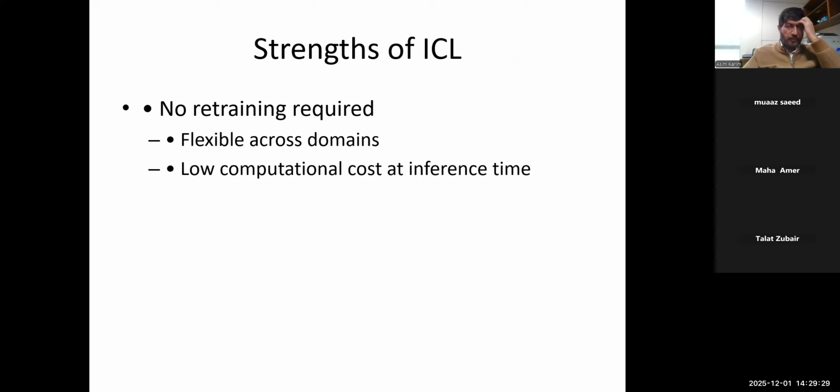So what are the strengths of ICL, in-context learning? No adaptation, of course, in the parameters. So no retraining required, and as such, it is really fast. And it's flexible, meaning that you are not restricted to the task on which you have trained the model. So you can ask the model anything as long as you have given a proper context, a proper prompt. Okay, so of course, computational cost is very low. You just need to run the model with the prompt.